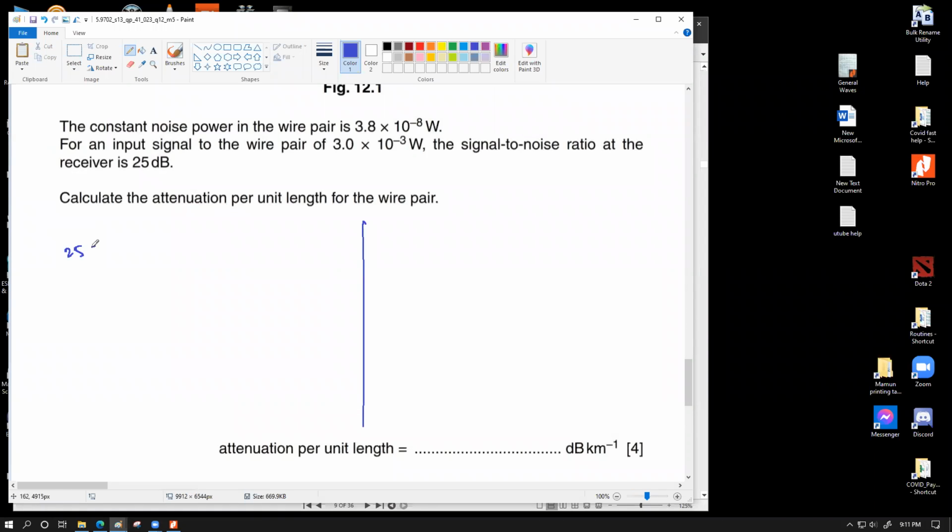So 25 equals 10 log P out by P noise, which gives us 10 to the power 2.5 into P noise equals P out, which means P out equals to